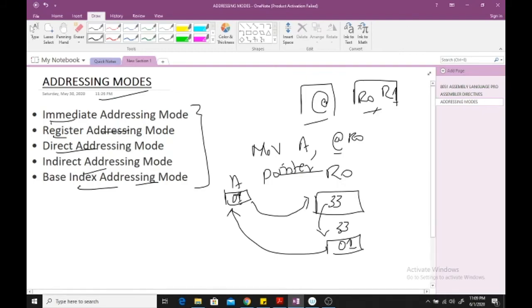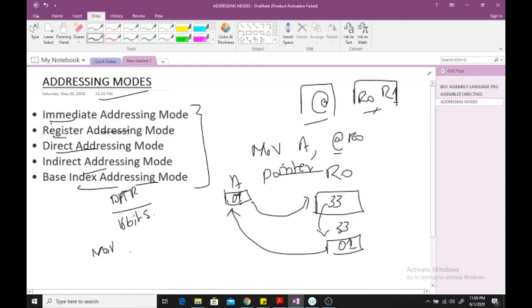And here the data is being accessed with the concept of pointer, but there is another register being used here, and that register is known as DPTR. It's a 16-bit register that is used in the base index addressing mode,